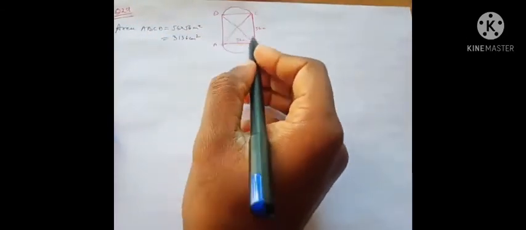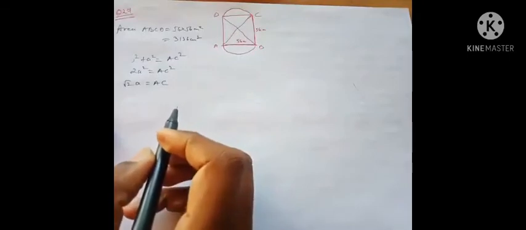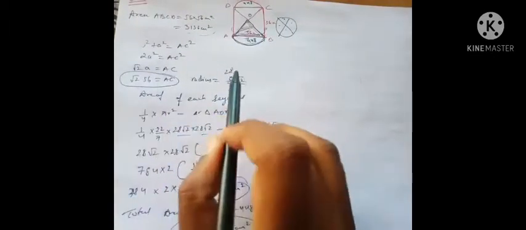This segment I'll find, but I need the radius. So how to find the radius? Let's say this is A, this is A. So A square plus A square is equals to AC square. So 2A square is equals to AC square, and square goes on that side. So root 2 A is equals to AC. I hope everyone agrees with me. But if I solve this out, and if I bring my answer, then also I'm going to get an answer for AC as well. Okay, let's have a look what we can do after this.